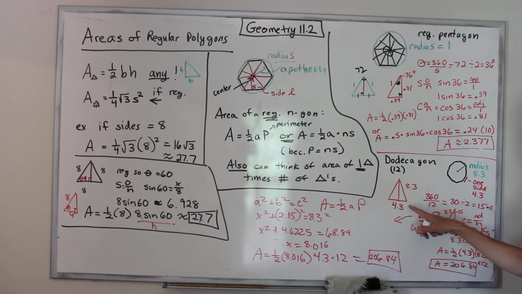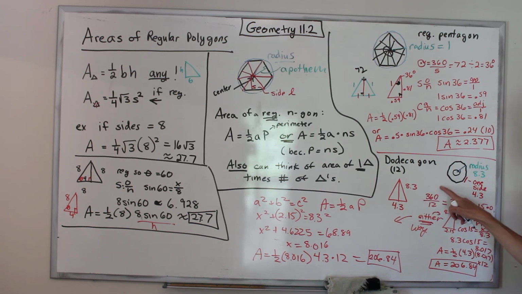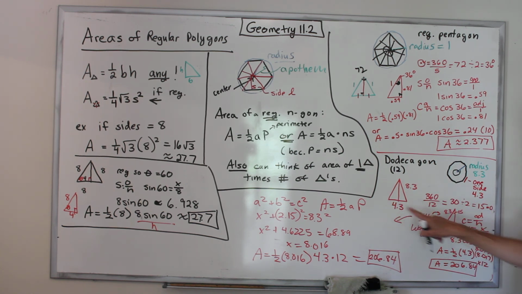Now, first of all, the way around is 360. I have 12 of these triangles, so my theta for one of these triangles is 30, but remember I only want half of one because I want it to be a right triangle. So I divide my 30 by 2 and get 15. Now I have this triangle. It's 8.3 on one side, half of 4.3 is 2.3 on the other, and I can get the